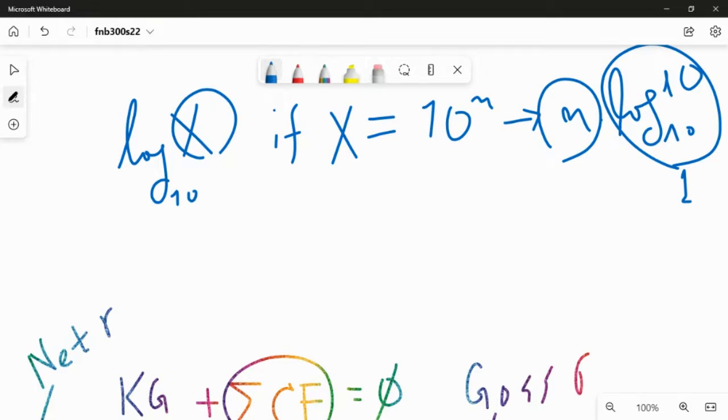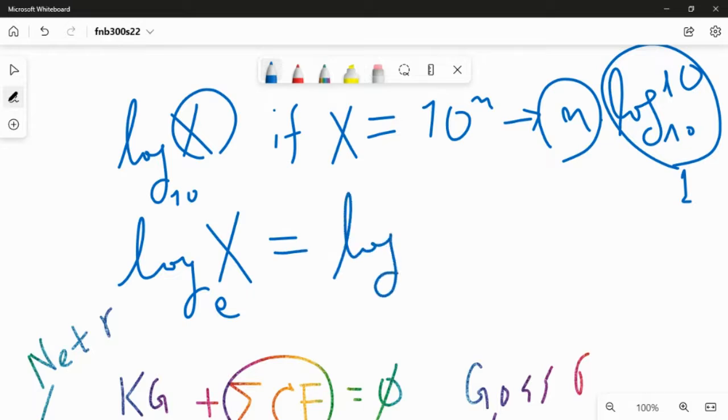But again, we don't know what this x is. I mean, x doesn't necessarily happen to be some power of 10 conveniently, right? So that's why we use the natural log. Natural log uses Euler's number as the base, right? Which can also be written as ln, natural log, of x. So if you are taking the natural log,